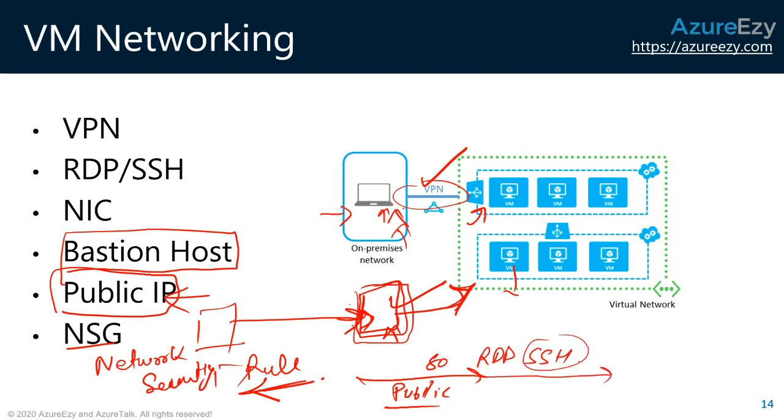Now, any port you are going to, this NSG guy sits here. You can think of it like a virtual firewall. It's not exactly a firewall, but you can think of it like a guy sitting in front of your network and saying, am I going to allow this port inside or not? If you have a rule to allow RDP, then it will allow. If you do not have any rule to allow, it will deny. So there are some default NSG rules.